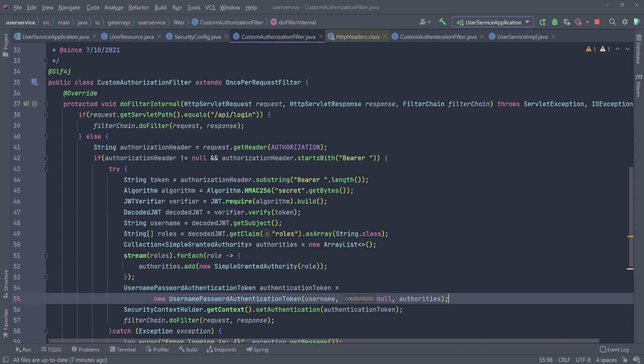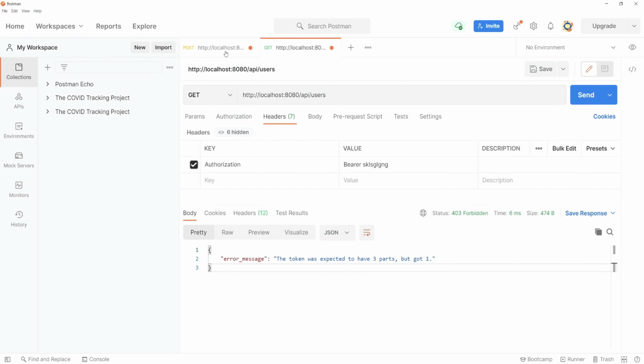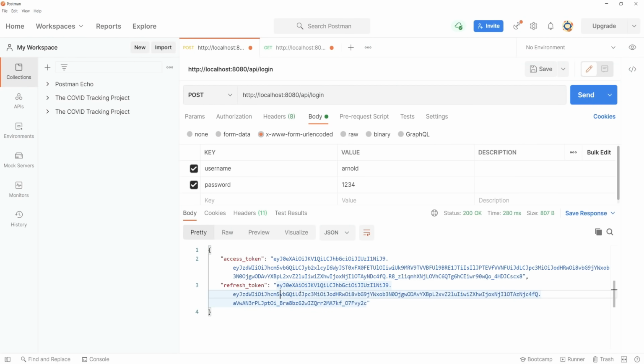So what I want to do is use this refresh token. If we were to take a scenario in the real world, it would be something like this. I would come into the browser, into the application, and log in. I get the access token and the refresh token. The developer building the front end will take the access token and the refresh token, save them somewhere on the